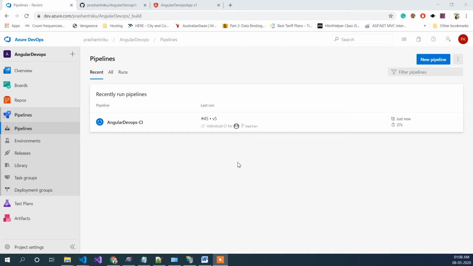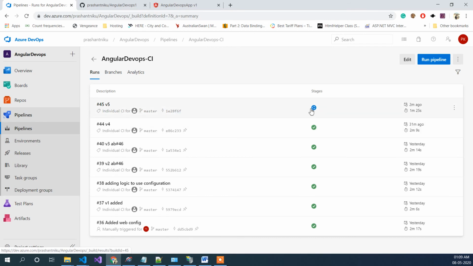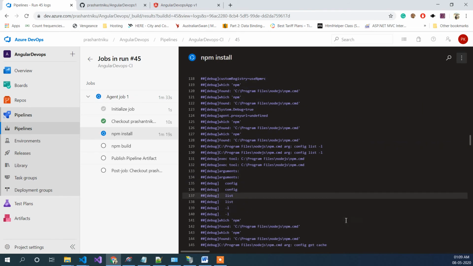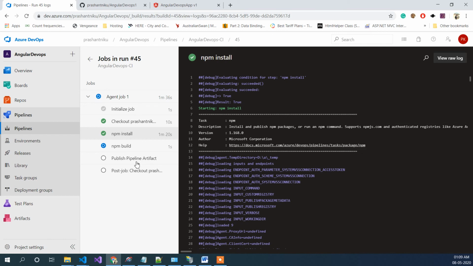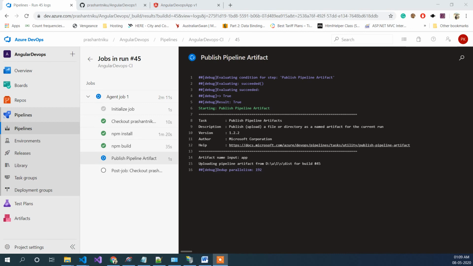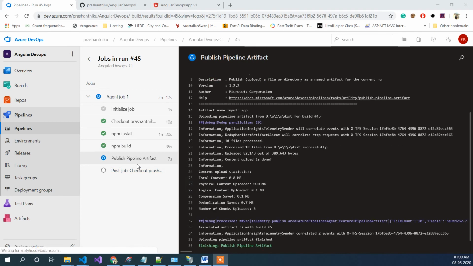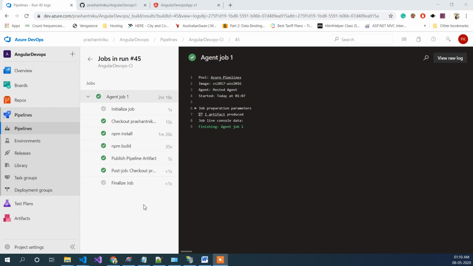So build is still running. It's been 25 seconds already. Yeah, it's been 1 minute now. Let's just get inside and see what's causing the time. So npm install, it's in there. It always takes a lot of time. So now our build triggers. So it's now built, now it's doing an artifact, and I think it's done now.